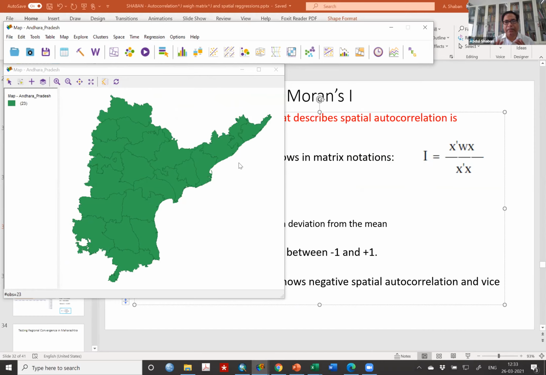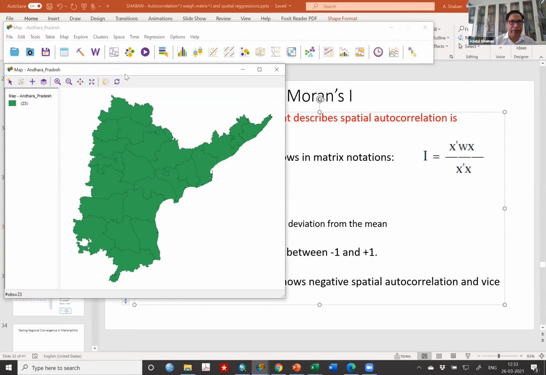Now step by step, I will tell you how the spatial weight matrix which you calculated for an assumed geometry is calculated in Geoda for each of your regions, and how it looks. All of you are there? Yes, sir. Now from here, arrange it carefully.